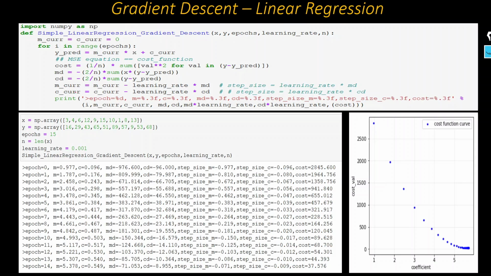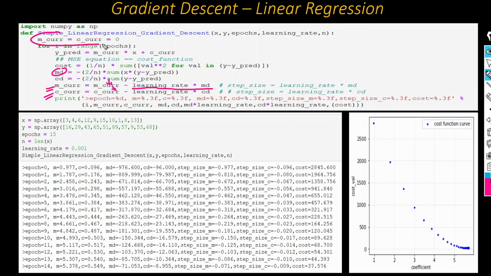Here we are going to use the new m value. This is your new m value, this is your new c value. How can we do that? This is your old value minus step size. Step size we calculate as learning rate multiplied by this particular slope. First we only have to initialize any random value.